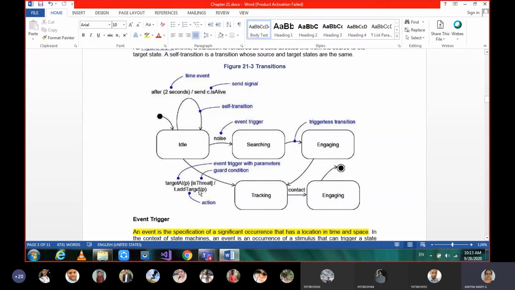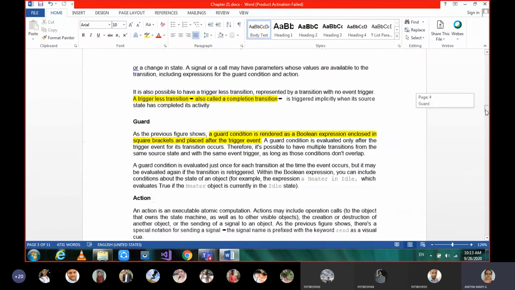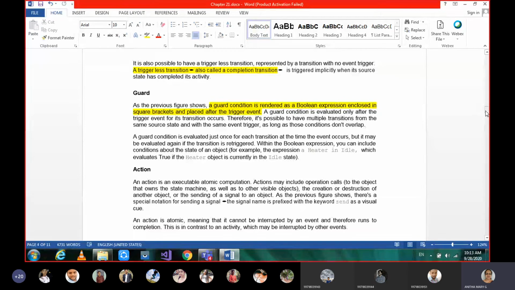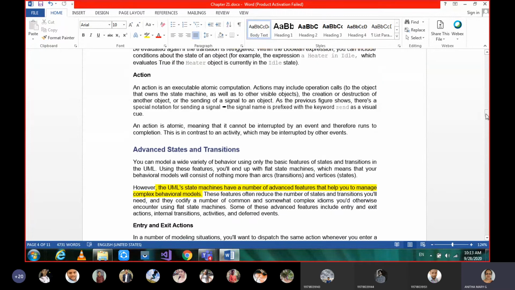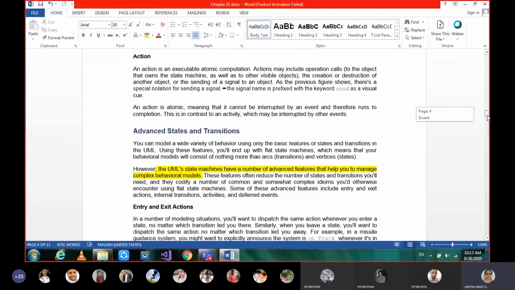So the obstacle is the condition there for which you are stopping. Okay, after that you start driving. Okay, so based on the condition applied, based on something which is satisfied there, accordingly the action is going to be performed. Okay, and action already we have studied. It is an executable atomic computation and which exists in time and space.